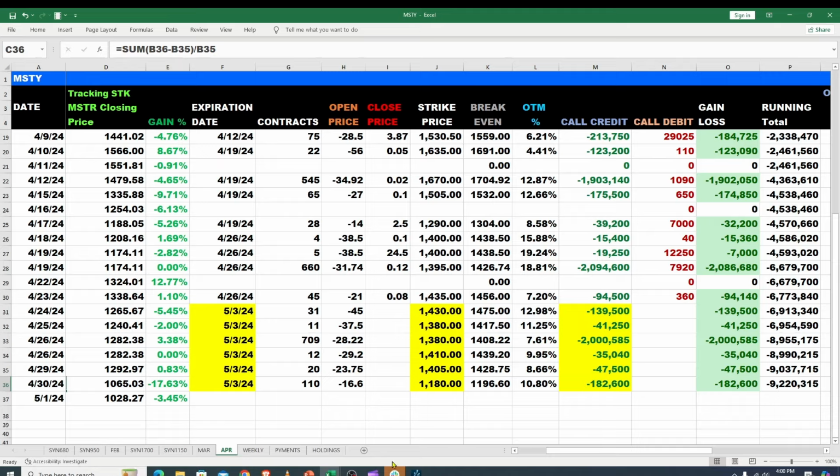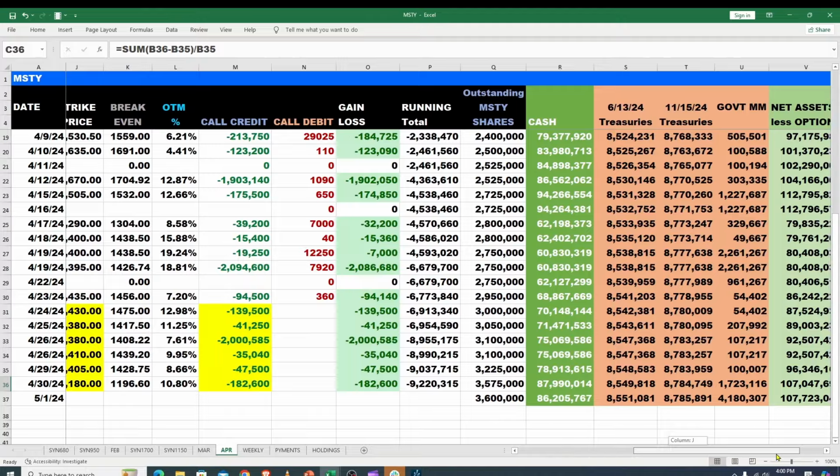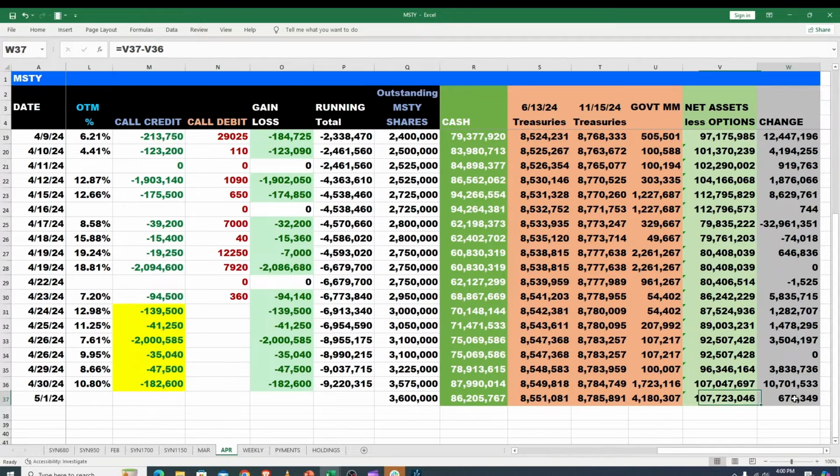Since they did add 25,000 shares, 675,000 flowed in by adding 25, but they didn't put any trades on. So people are buying a bargain, but they're also in shock. You've got to remember, this thing was 45 at the height. So if you bought it at 45, you're all panicking,